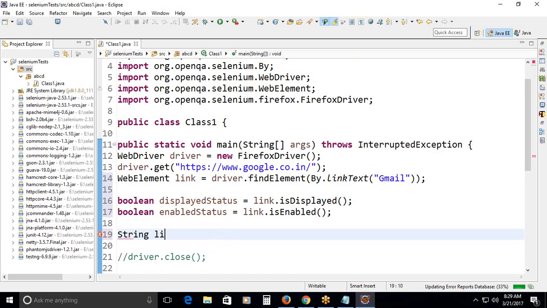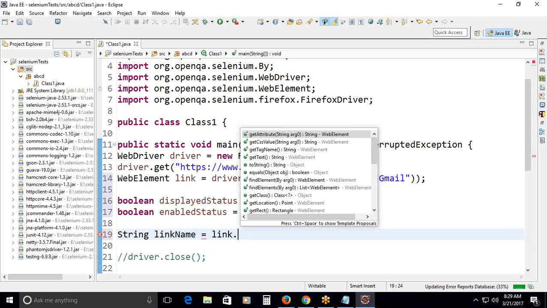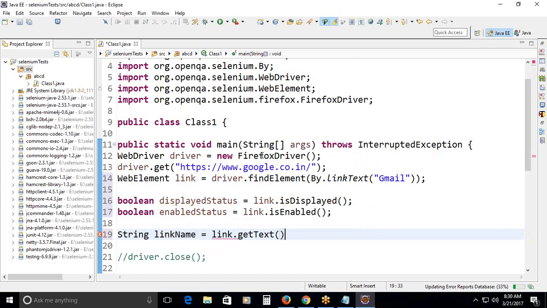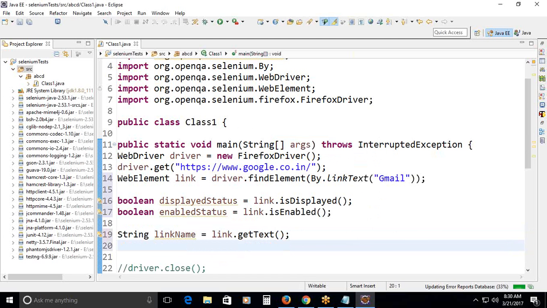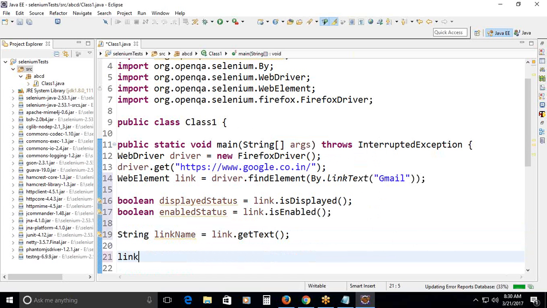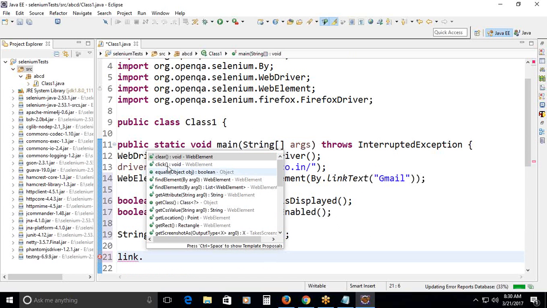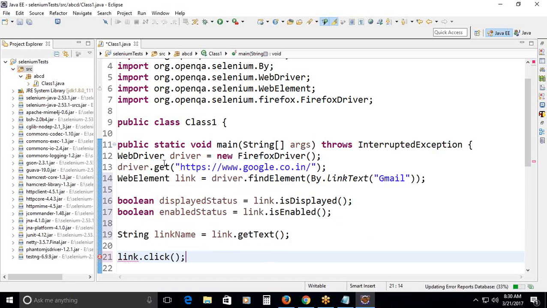String linkName equals link.getText(); Next, the primary operation: link.click();